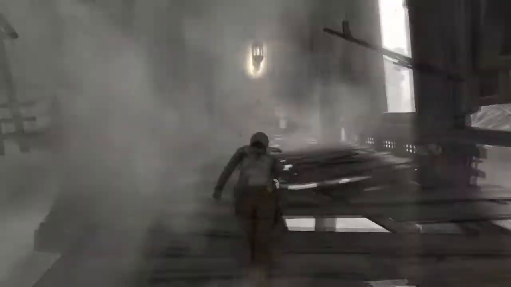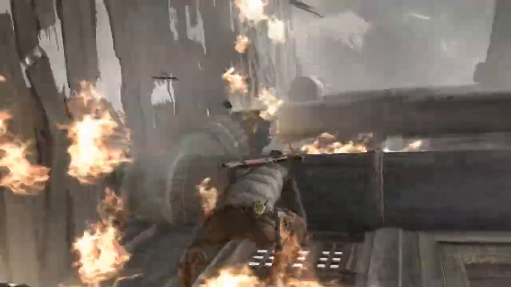Alright, so we gotta run here, and what I like to do is I like to stay on the left-hand side, because there is an area here that we have to grab onto in order to make the jump. And I think if you stay on the other side of this and you're not able to grab onto the bar, you'll be killed, so...